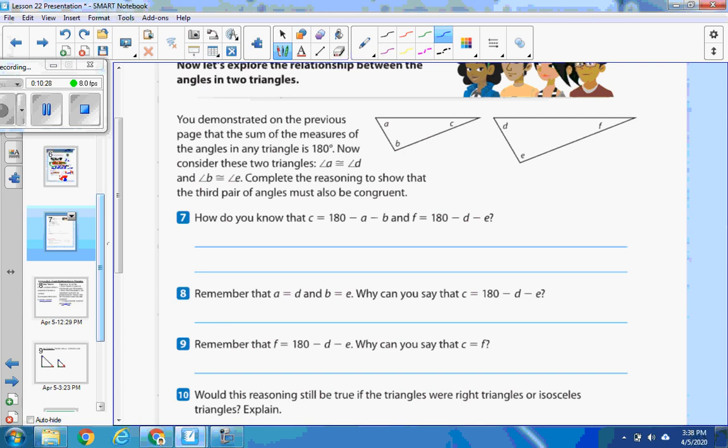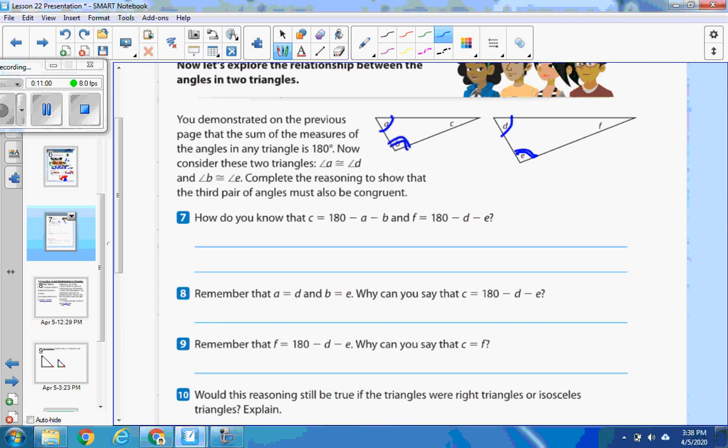Angle A is congruent to angle D, so I'm going to label those with one little arc. Angle B is congruent to angle E, so I'm going to do this with two little arcs to show that those are equal to each other. Complete the reasoning to show that the third pair of angles must also be congruent. So now we're going to that last thing that we learned yesterday, that if two angles in one shape are congruent to two angles in the other shape, then the third angles are